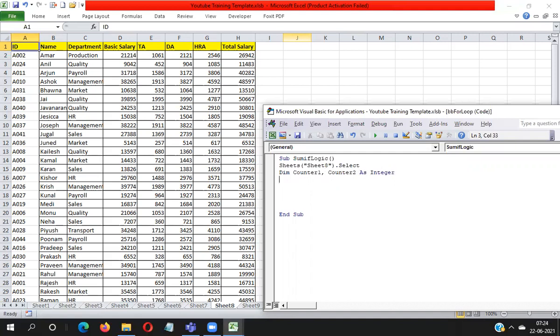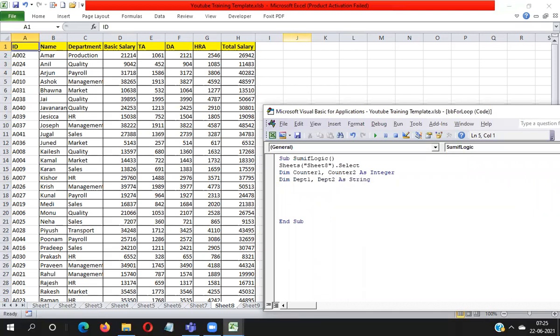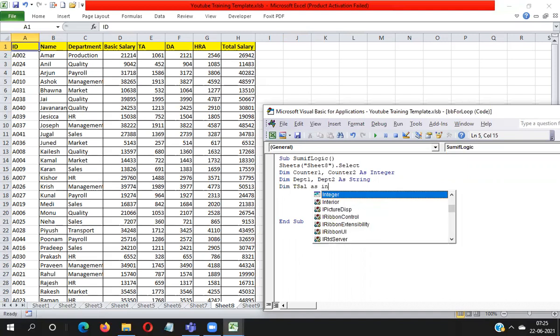I need to declare two more variables: Dim dept1, dept2 as String. Now I have to declare one more variable where I will store the total aggregated salary on the basis of department. So I will write here Dim tsal. tsal means total salary, as String.